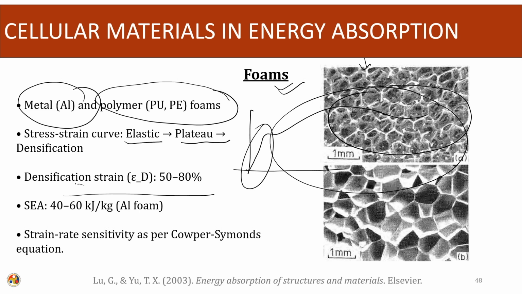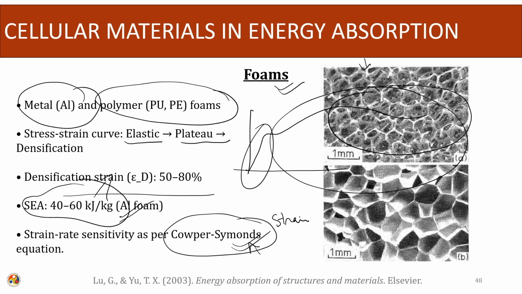And here also we can see the specific energy absorption. This value is for an aluminum foam and this is also comparable to the honeycomb system. Mathematically we can model this system using the Cowper-Symonds model, and many other mathematical models are also readily available. This is one of the models used for modeling foams. The good thing about this model is that it has a strain rate sensitivity parameter also. So, this model can be used for high velocity events like impact and blast.